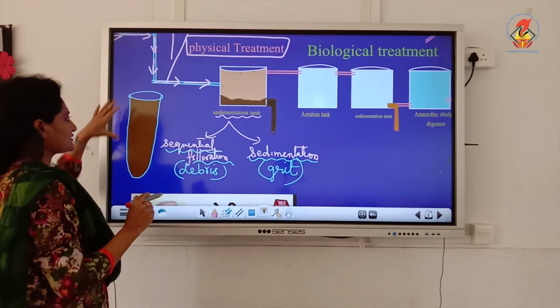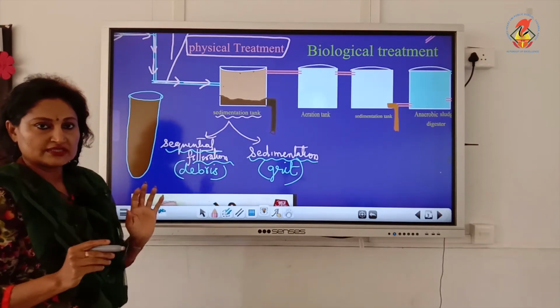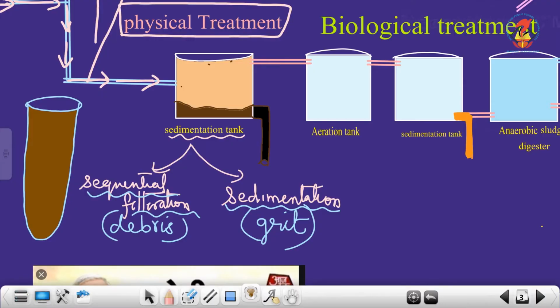What happens after some time? After one day, if you keep it for sedimentation, what happens? You can see the upper part becomes a very clear solution, and this upper clear solution is called the